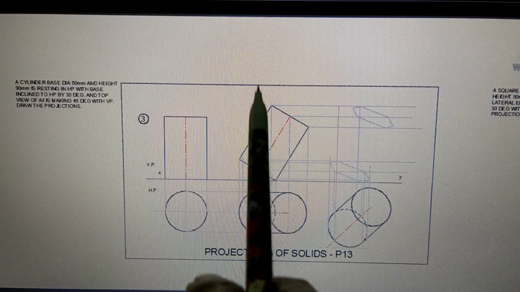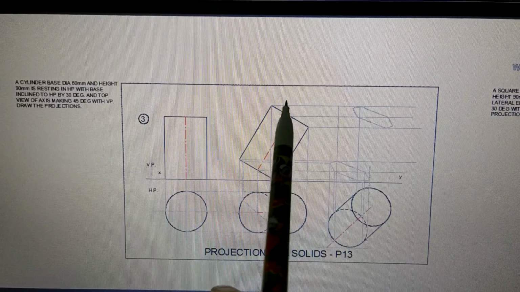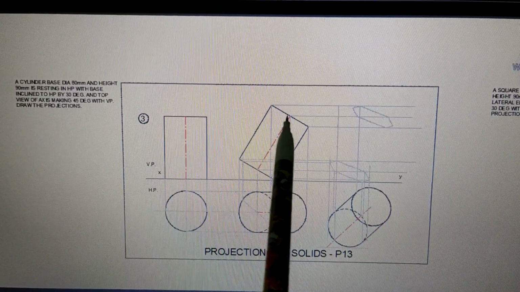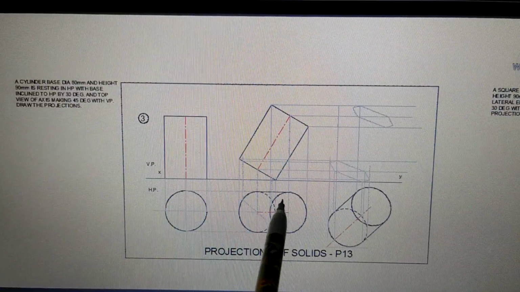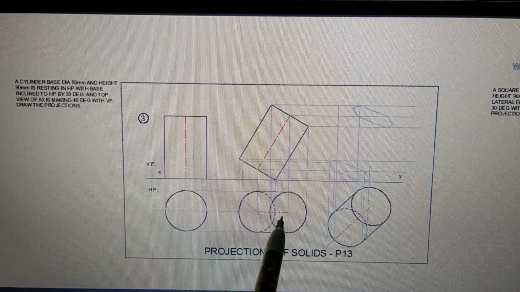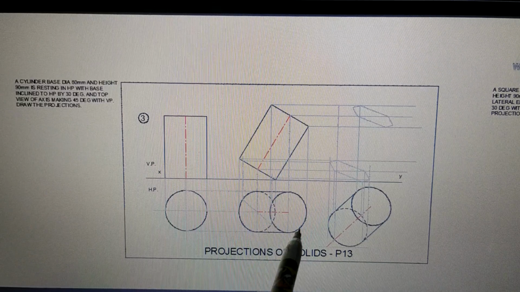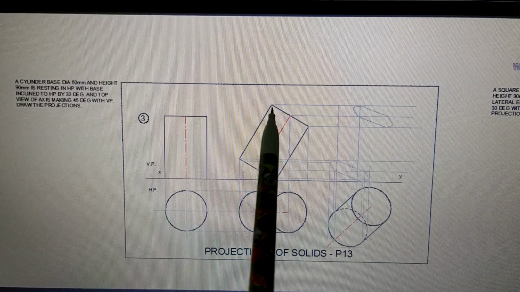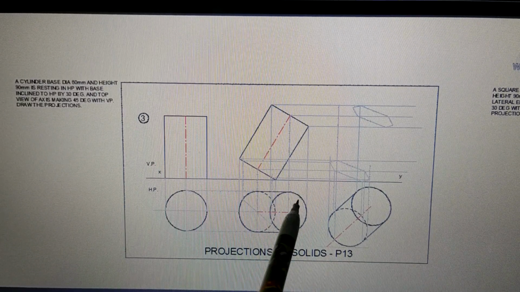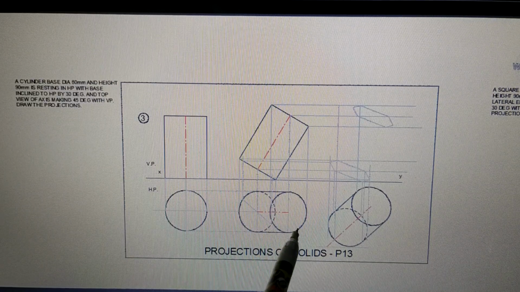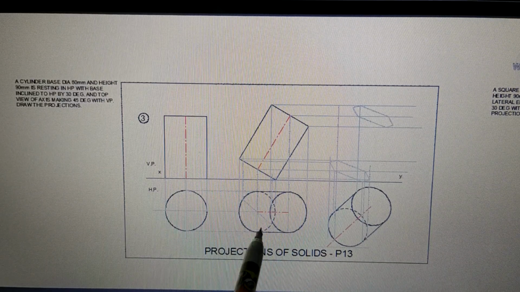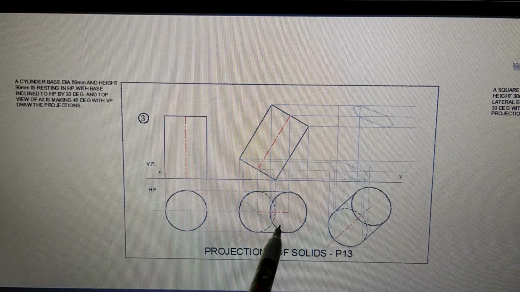Now the same cylinder, when you go up and see from the top, then the circular top surface is obviously visible. So this is the circular top surface. So when you see this top view, that is what you see from above, and this is the circular surface of the cylinder, which is like this. Then this is the rest of the body of the cylinder. This is the base, and this edge is there which is not seen.